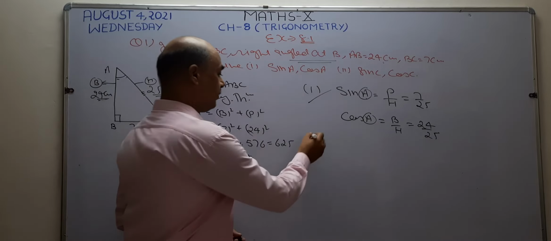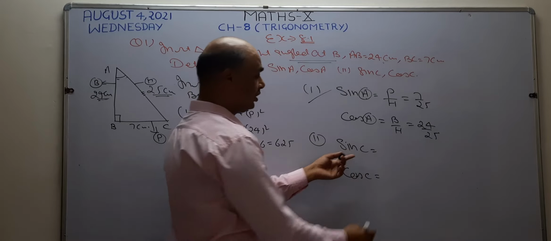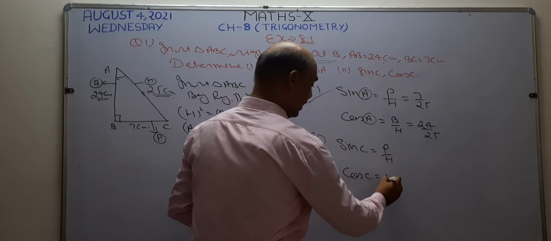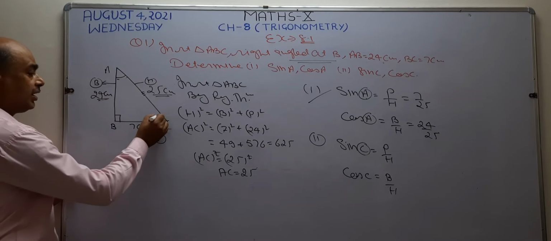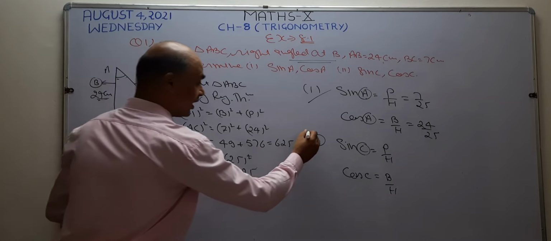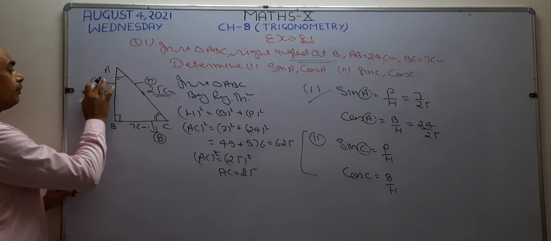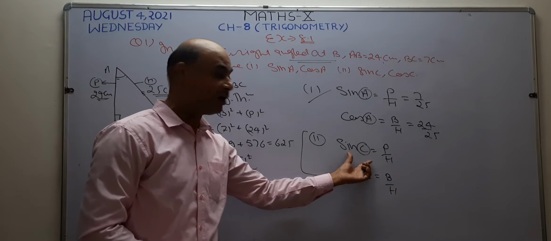In second part, I want to find the value of sin C and cos C. And you know how you find the value of sin C? P by H and B by H. Now angle comes C. I want to check where this angle C is going to lie. Now in this question, angle C is here. For second part, this side is going to be base and this becomes perpendicular. This angle is going to decide which side we are going to consider as base. I hope it is clear.